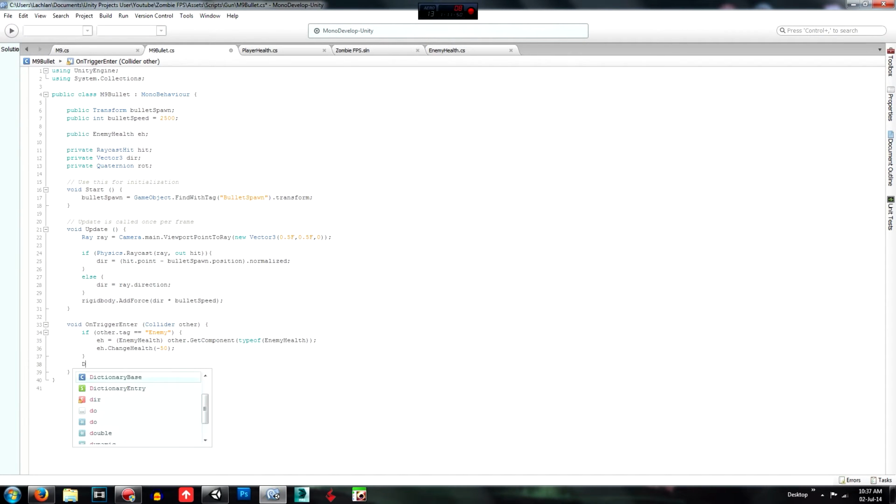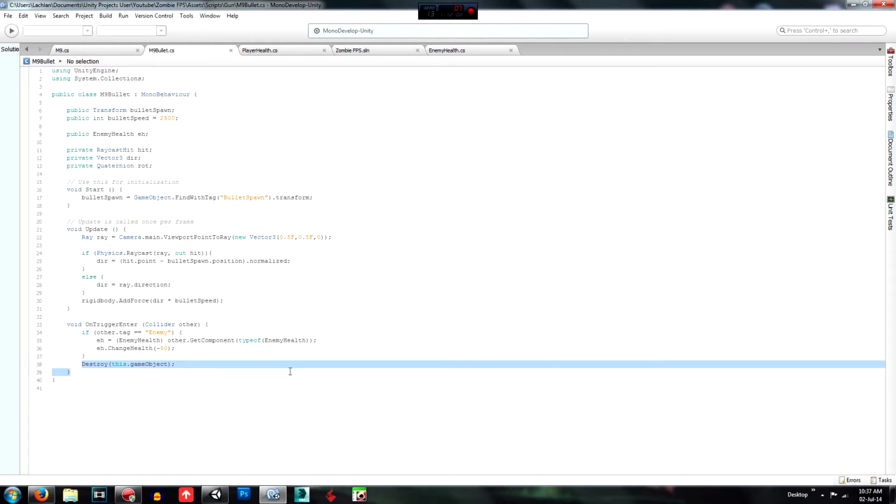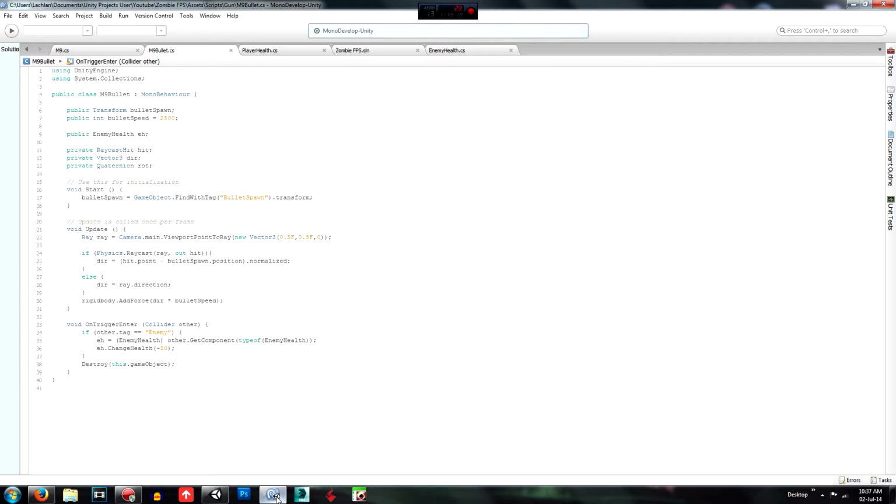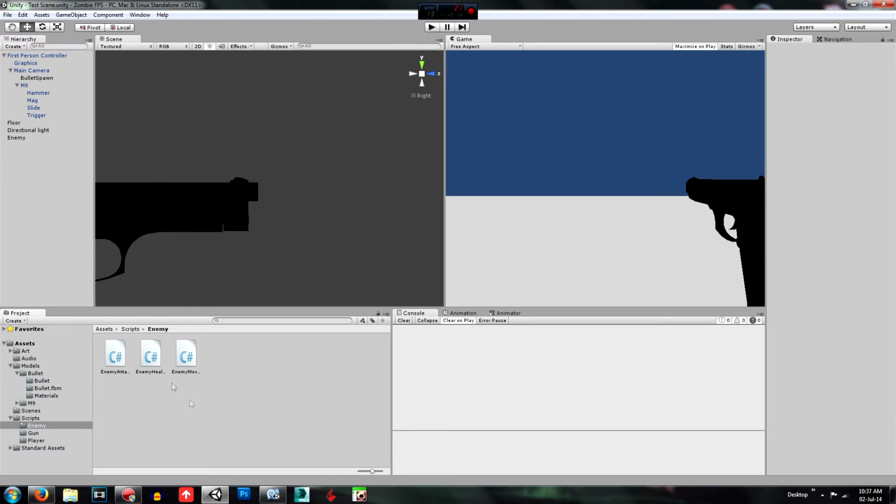We want to go Destroy(this.gameObject), so that we don't have millions of bullets in the scene at a time, using processing power when we don't need to. So we're just going to delete it, and one last little thing we need to do is go to the